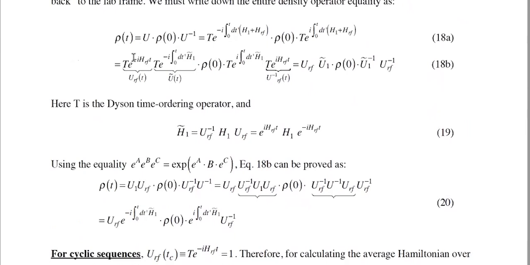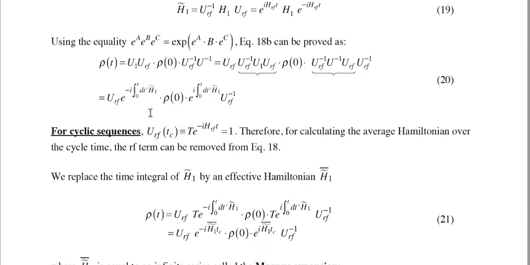All right, let's get to the bottom line. The bottom line, skip some of that details. Rho of t in equation 18, A or B, in the end gets to this point. It says rho of t is evolved from rho of 0 at time 0 by 2 sets of propagators. There's the RF propagator, U_RF, which corresponds to e to the minus I H_RF t. And then there's the U1 tilde. The U1 tilde is what you really care about. That's the local spin, nuclear spin interactions expressed in your interaction frame, and you take the average Hamiltonian to evolve your rho of 0. Okay, so skipping here to equation 20, work out the average Hamiltonian, and then you see